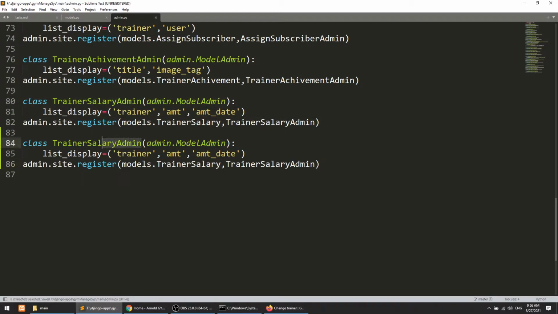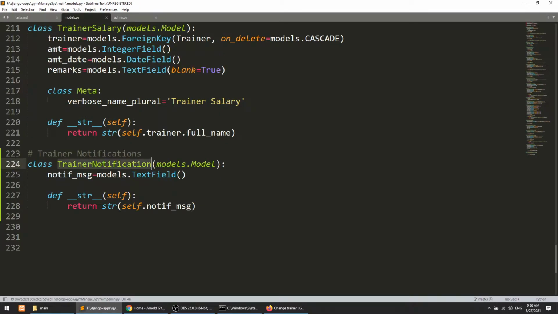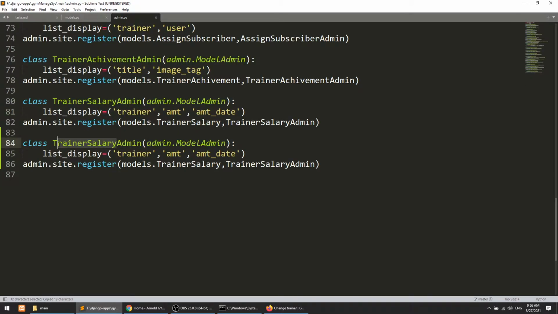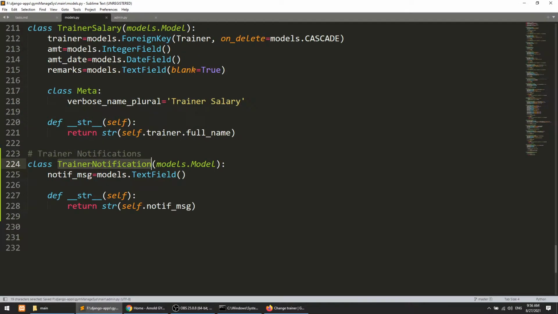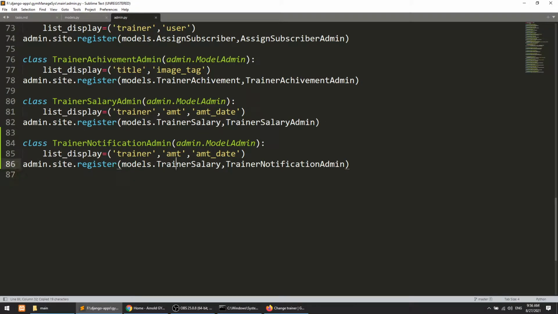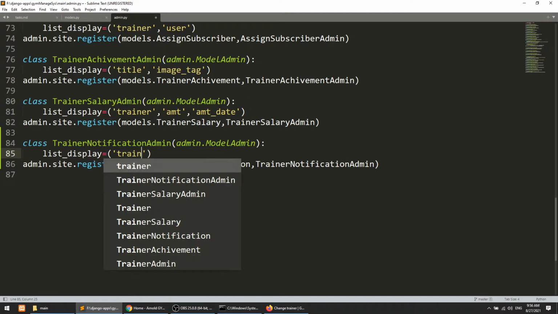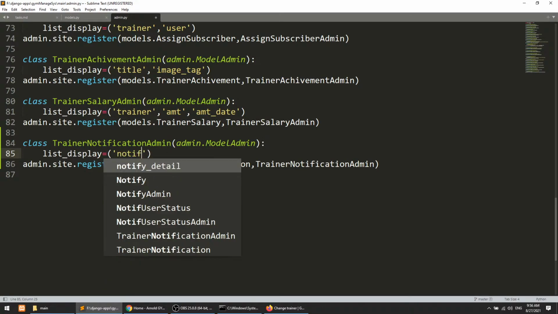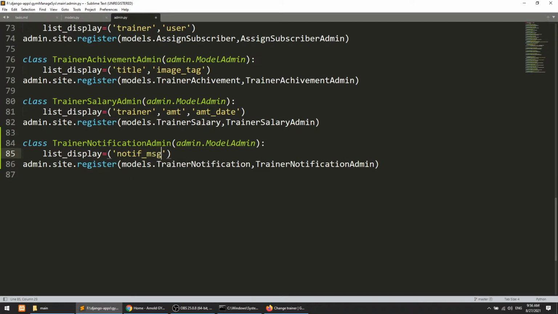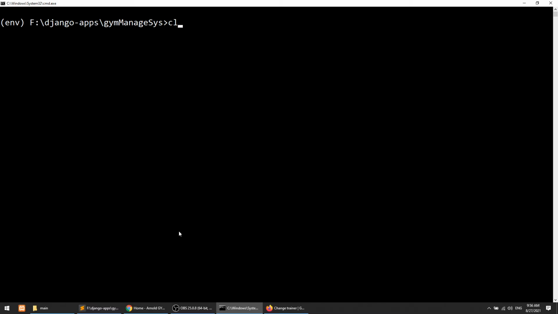So this will be TrainerNotificationAdmin, and I will add it here. Let's copy this and paste it here. We have just one field, so we will say notif message. Now we can run the server.